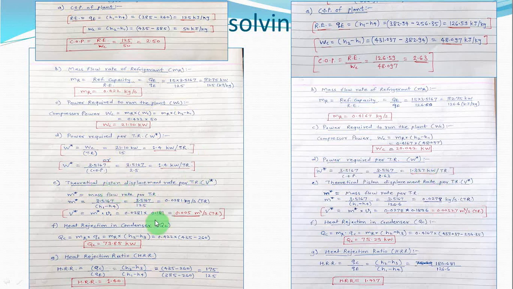Theoretical piston displacement V star is 0.005 meter cube per second per TR, and in this case 0.00527 meter cube per second per TR. Very close. Then heat rejection in the condenser is 73.85 kilowatt. In the second case it is 75.29 kilowatt. Again the margin is very small, and heat rejection ratio